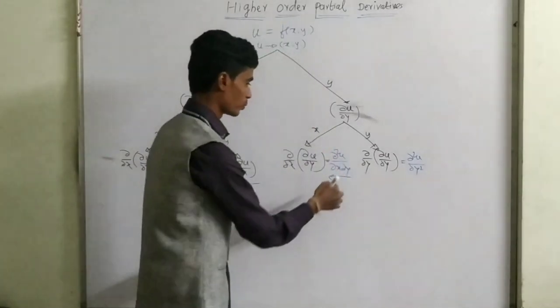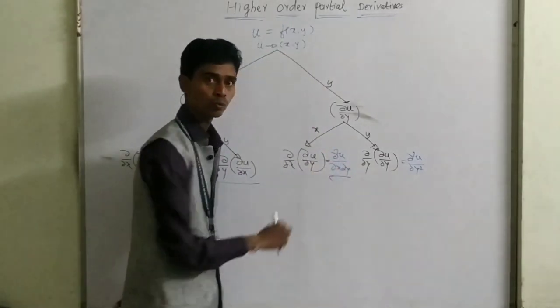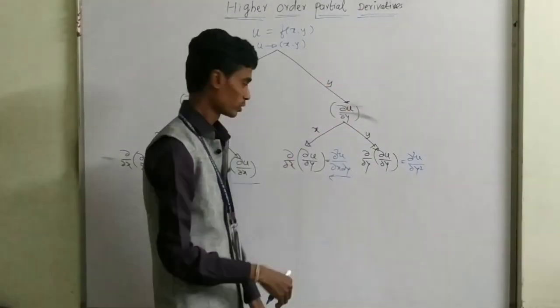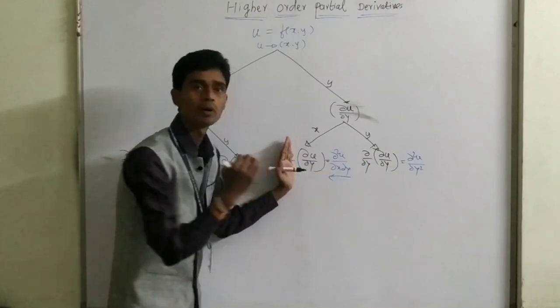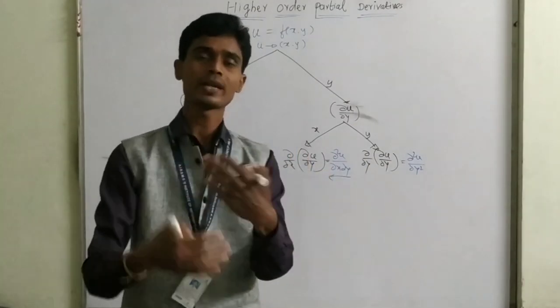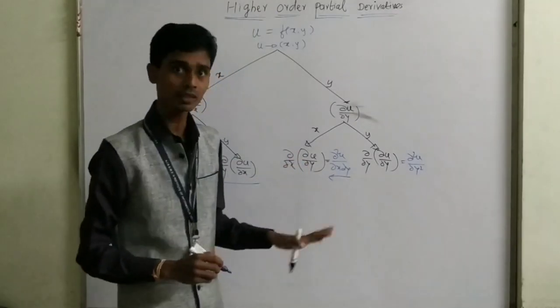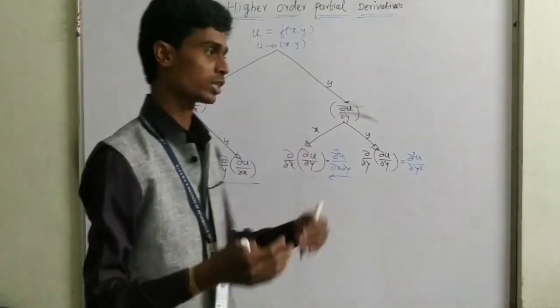Left to right means first we differentiate u partially with respect to y. Whatever the value is there, then we differentiate this with respect to x. Means first हमने क्या किया, ∂u/∂y निकाला, उसके बाद उस ∂u/∂y की वैल्यू को पार्शियल डिफरेंट किया x से. Clear? So this way we find out such a differentiation.